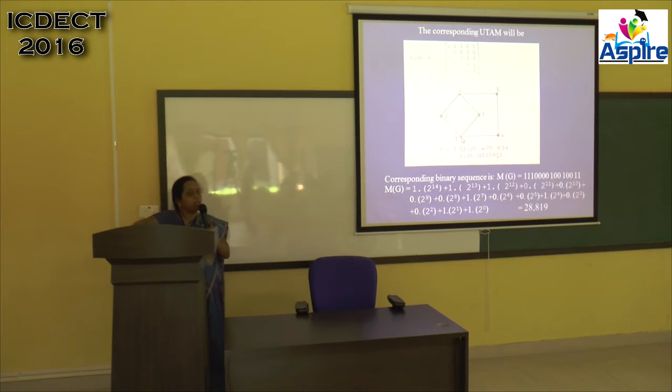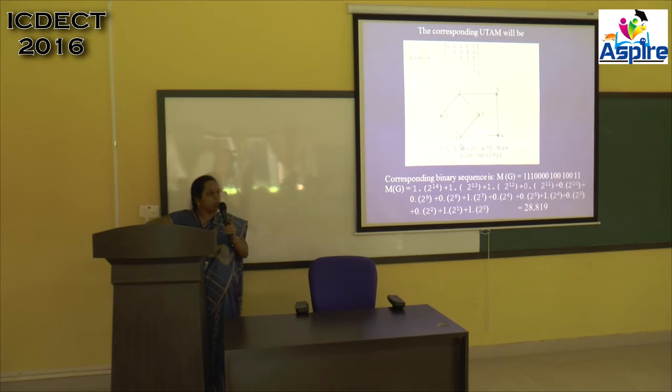So the maximum degree of link is 3 here, because a 3-link chain is here and the other link is there. To link 1, how many links are connected? 3 links are connected. So nearest to 1, you should place 1 so that all these 3 will be 1. 1 and 2 are connected, so 1 2 is 1. Then 1 3 is connected, that is also 1, and 1 4 is connected, that will be 1.